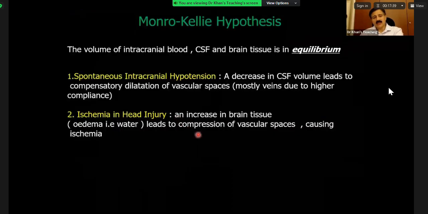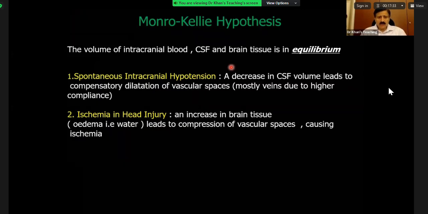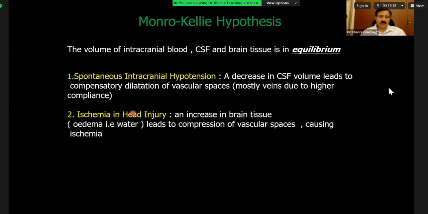And here again is the Monro-Kellie hypothesis. In a dead brain, what happens? Monro-Kellie hypothesis has been asked in the exam. I showed you last time spontaneous intracranial hypotension. Also, why is there ischemia in head injury? This is another scenario. But basically, what happens is that